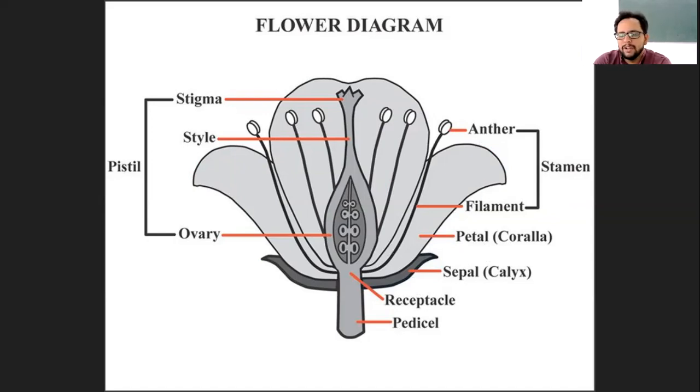Like I had mentioned, petals you can draw in any shape as you wish. Sepals you can draw in a free or fused form next to the base, or the thalamus, or the receptacle. The length of the stamen or filament you can draw short, that is still fine, because you are drawing a representative figure and not a particular flower. These things can vary, but the overall structure remains like this.